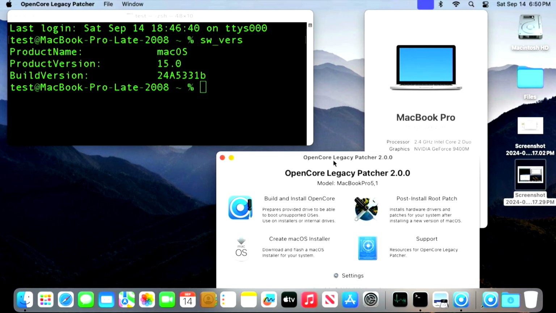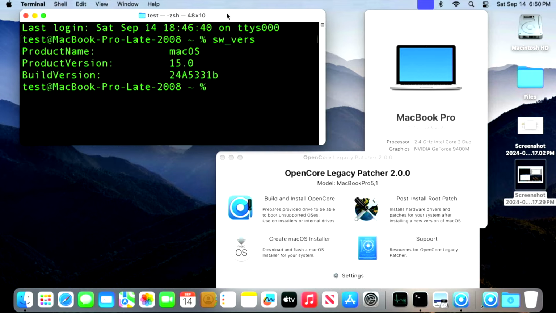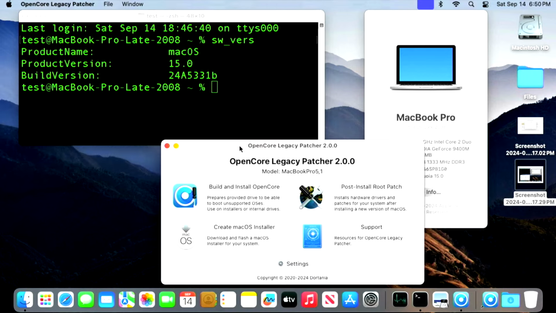This is running an NVIDIA GeForce 9500M, and everything is working. We've got our Bluetooth, we've got our wireless, everything's working. Now, keep in mind, since this is so old, it's not running in tip-top shape. It's a little bit slow. A couple of things are a little bit iffy, but it does have an SSD, so it does boot and it does operate fine. You can move windows and open up applications, and they do open, but there is